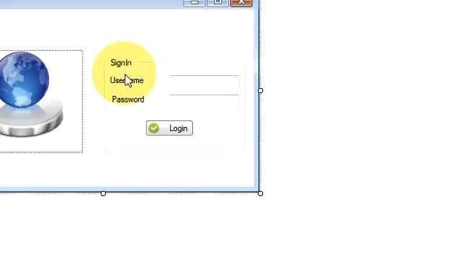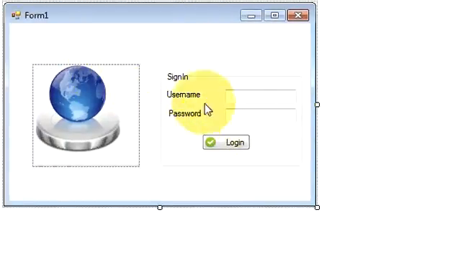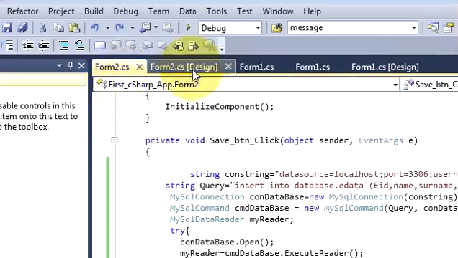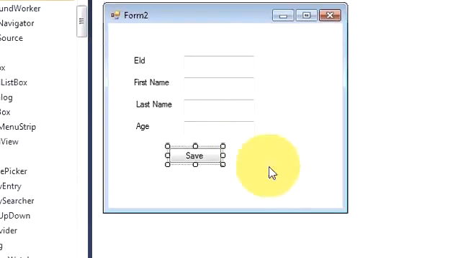Till now we have seen how to make a login application with C Sharp and a MySQL database, and how to create a new form when you log in and how to open a new form. So when you open a new form, I just want to be able to save the data for the employee. So in this video we will learn how to save the data from your C Sharp application to the MySQL